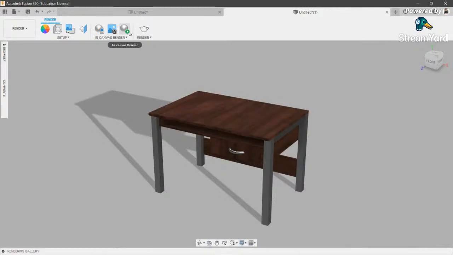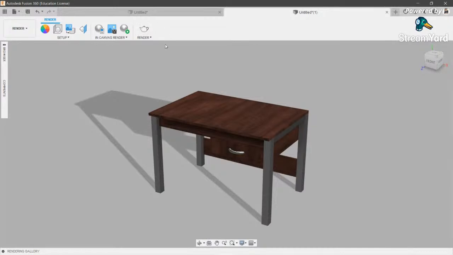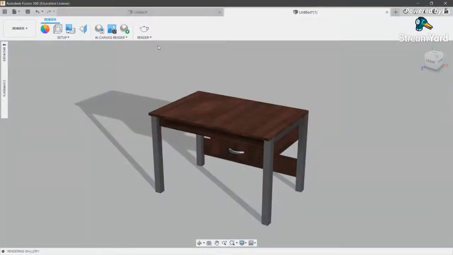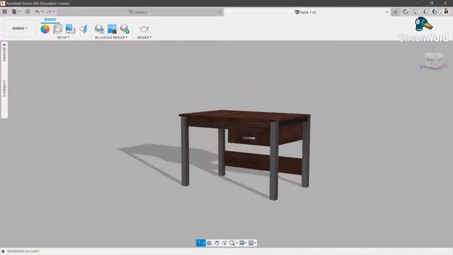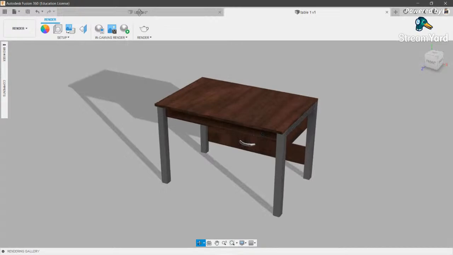And then you have in-canvas rendering, which I'll cover after this. So this is the main rendering. For this you need to save your design first, so I'll just save it as table. It's saved now. You can do it by pressing Control S. Now I'll press the rendering option which is available here,